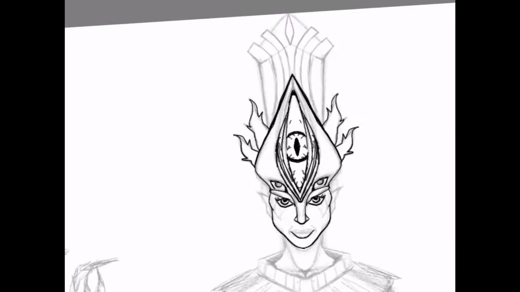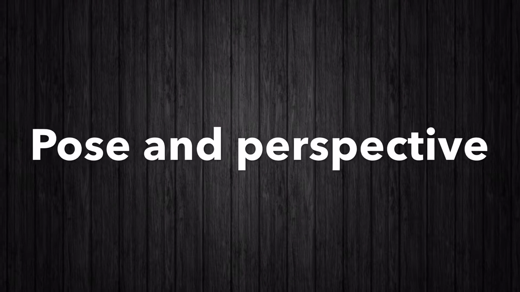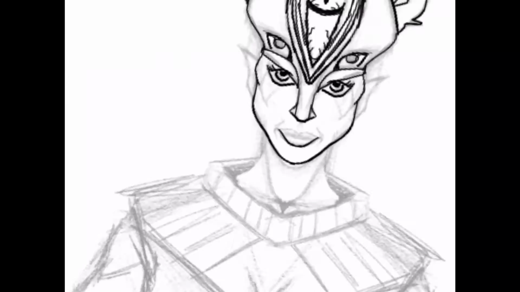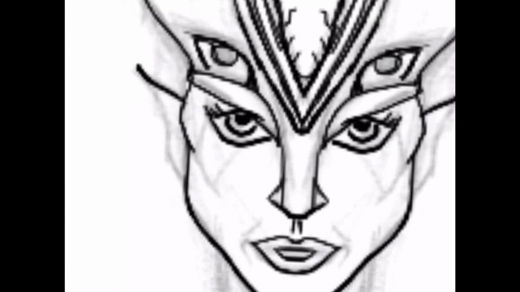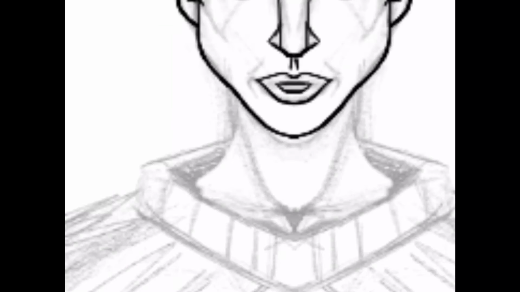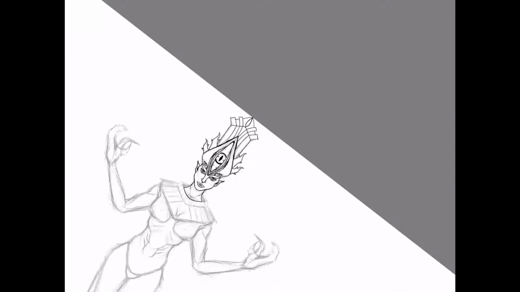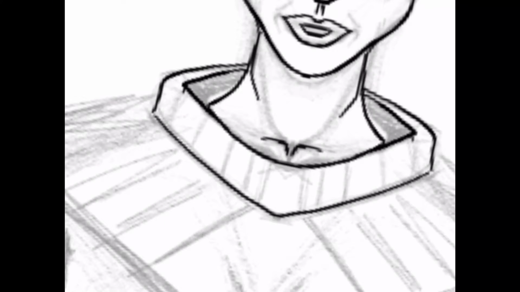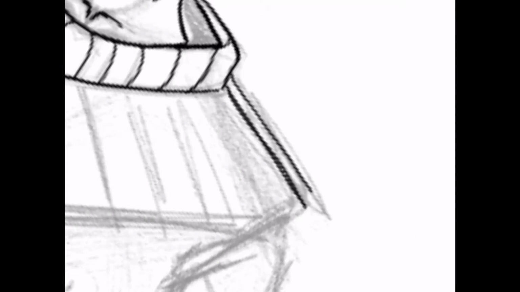The last thing you can use is the pose of the character, or in the case of a movie, the perspective or use of low angles or worm's-eye view to give the character a more empowered image or stance. You can make a generally normal character look intimidating by lowering the perspective.